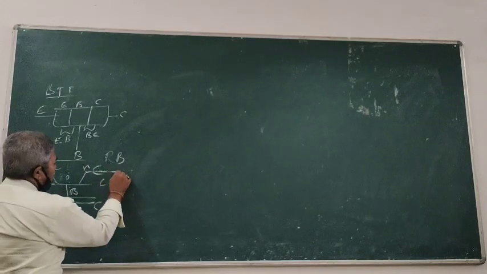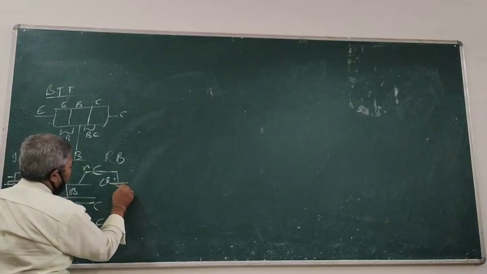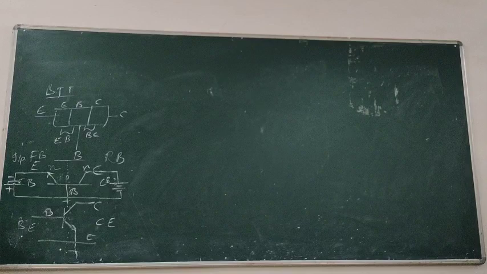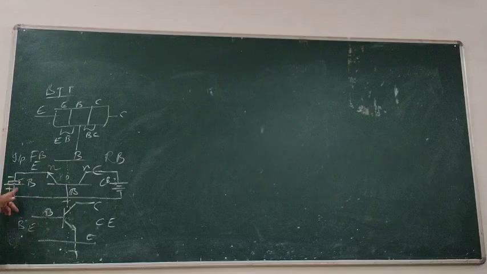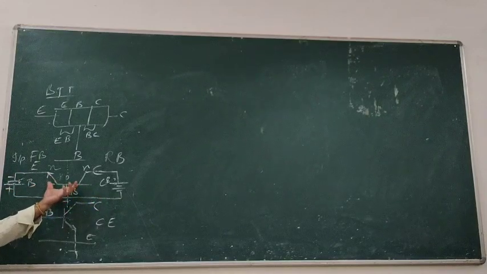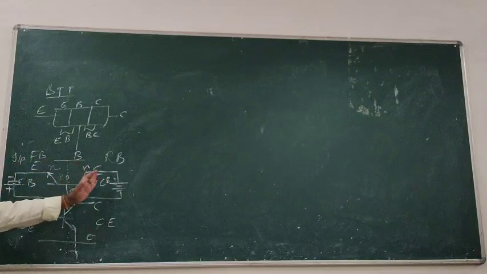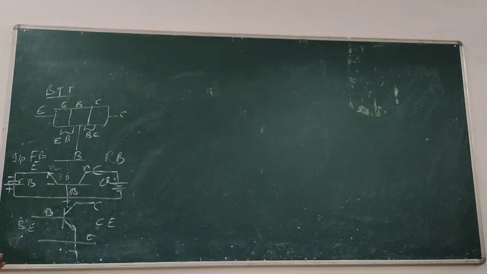In reverse bias, here you have N type, so you have to take positive, and negative to ground. Clear? So now the transistor is in working condition. Suppose both sides have forward bias, what happens? The junctions collapse, current comes from both sides, and the transistor is destroyed. It is vanished out.